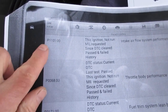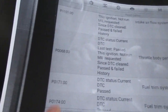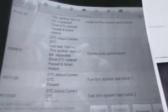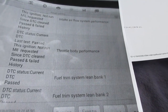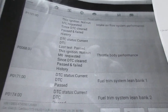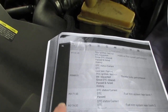So we have P1101, and that's the intake airflow system performance. Then we have P0068, and that's the throttle body performance. And we have P0171 and P0174. It's lean on bank 1 and lean on bank 2. So on this particular vehicle, it said when you have this combination of four, 1101, 0068, 171 and 174, that